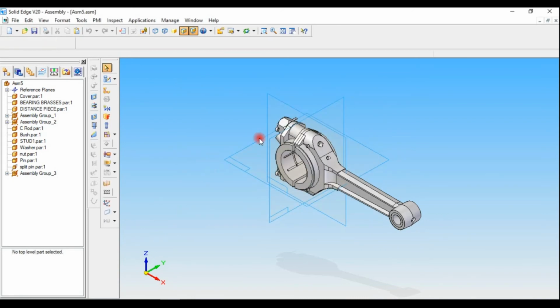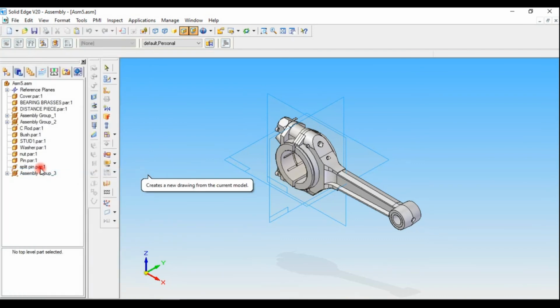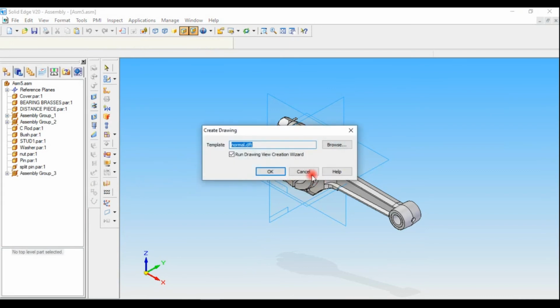After saving, I want to bring this one into 2D view. For that, I go for create drawing, file, then create drawing, then click OK.